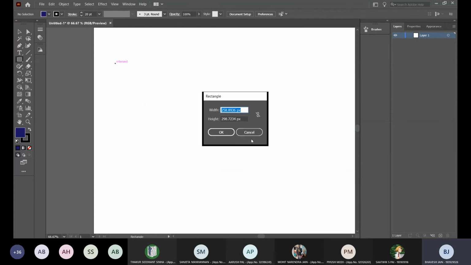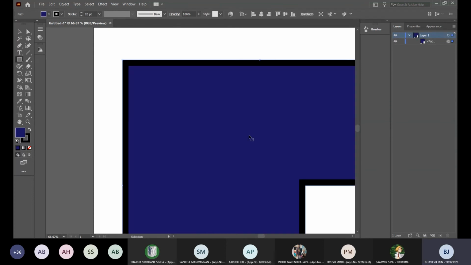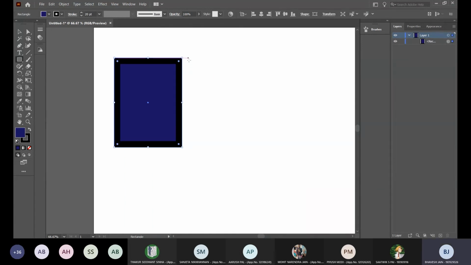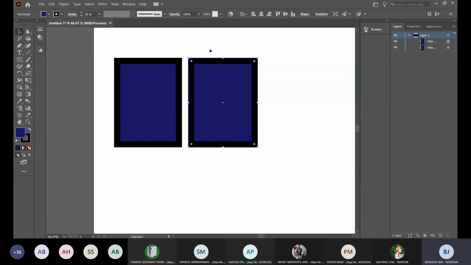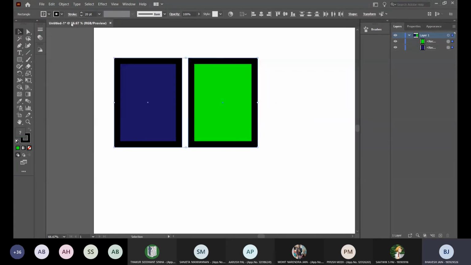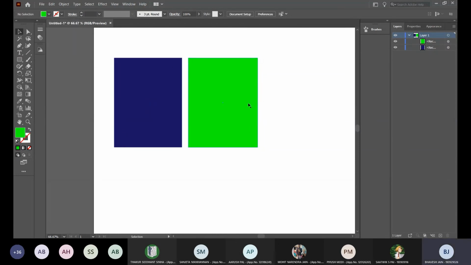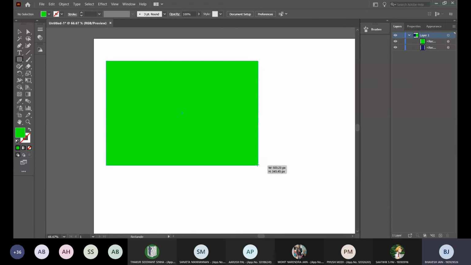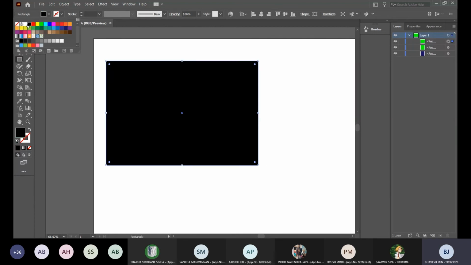So, let me go back to the original shapes again. Okay, it's not coming. Never mind. Sorry, a little bit of bugs in here. Okay. Your shapes are here. I had green. I just remove the stroke completely. I make it no color. Now you want a stroke. You draw another rectangle, make it black, and perfect.